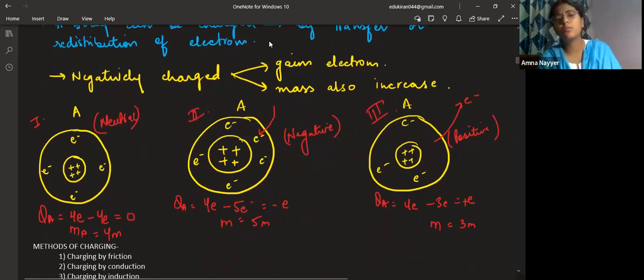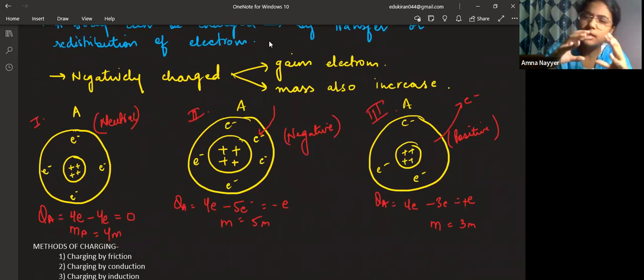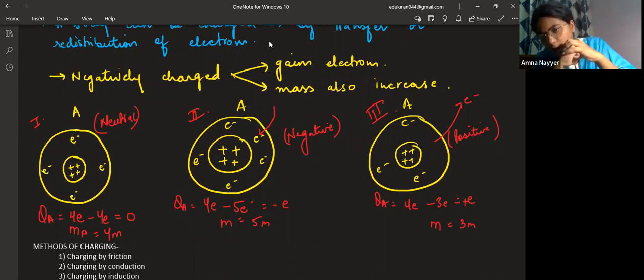So this is also the same thing which we were discussing. One more thing: when we say a body is negatively charged, it means electrons have come into the body. That's why the body has become negatively charged, right? But one electron also has a mass of 9.1 × 10^-31 kg. So if a single electron, 2 electrons, 3 electrons are coming into this body,